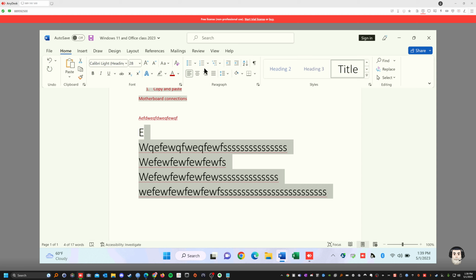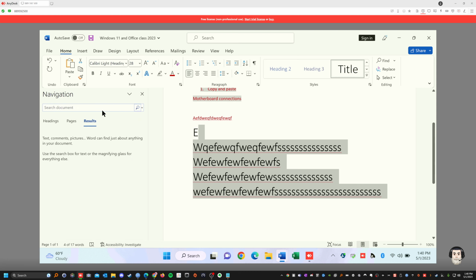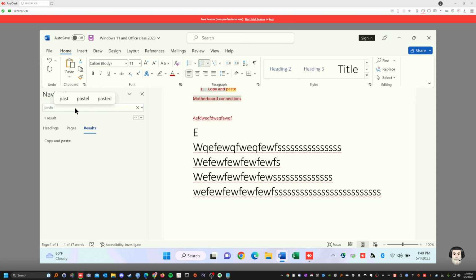So this is the ribbon for fonts and the size of the font and the size of the paragraph and the location for the paragraph. And this is if you have a document that you want to find a keyword on, you type it in right there, right? I have a big document, I want to find where, let's say, paste is in the big document. I click on paste, and it finds my paste. See that? I found it. How many results? It's right here, see?